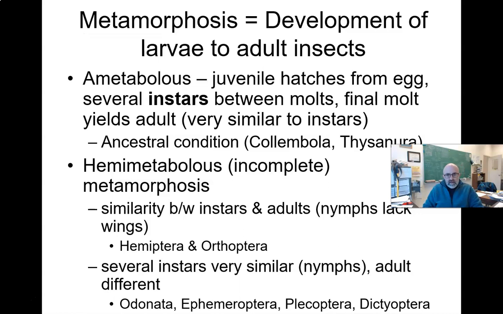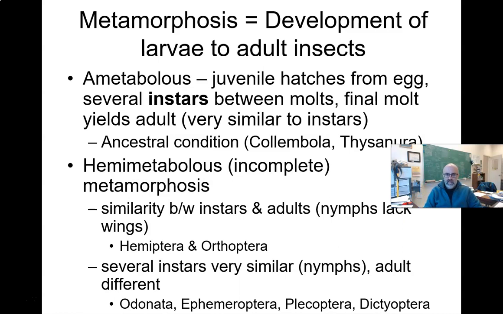Now we can break down, there are three main types of metamorphosis, and again, this is a great compare and contrast type of essay question. Ametabolous means that there is really no metamorphosis to speak of, and so the juvenile hatches